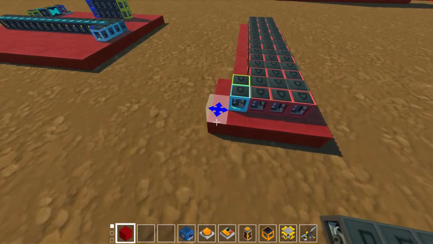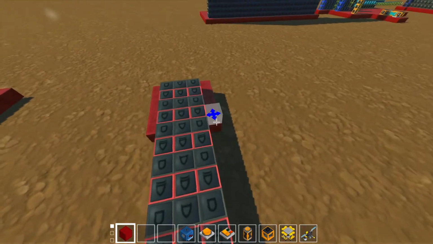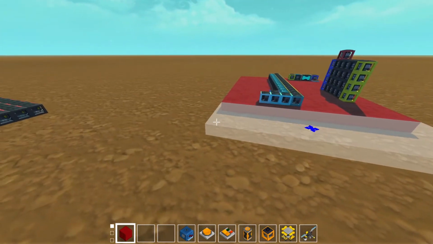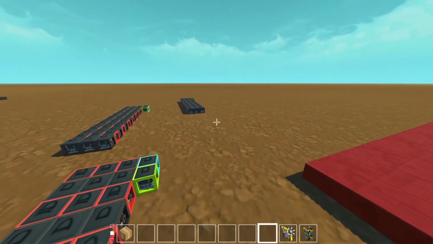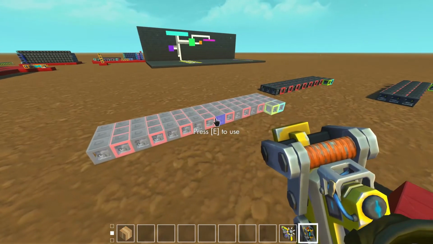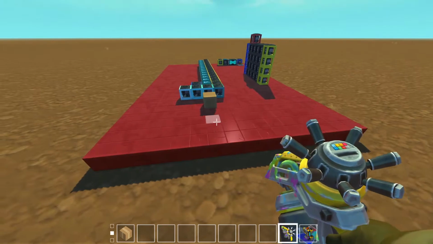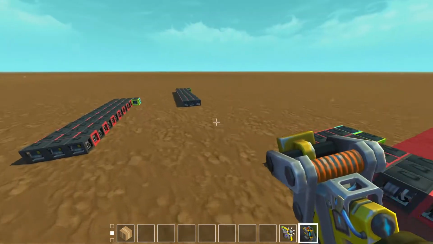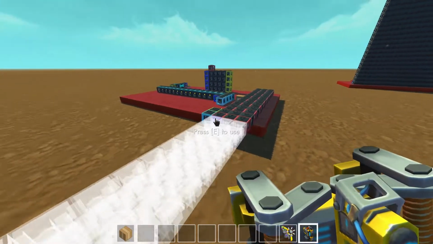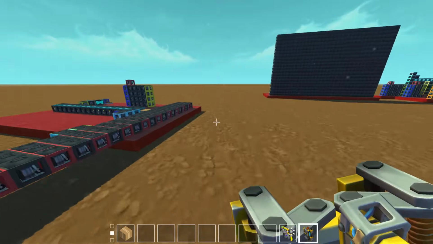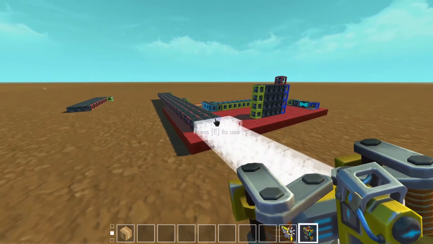And just getting rid of all of these redundant boards, since some of it will need to hang off of the end anyway. There.